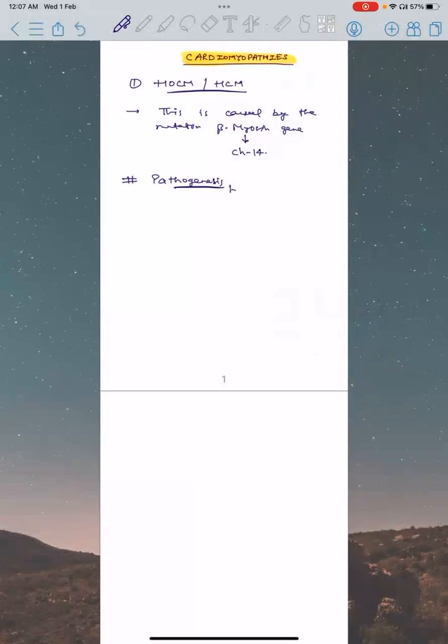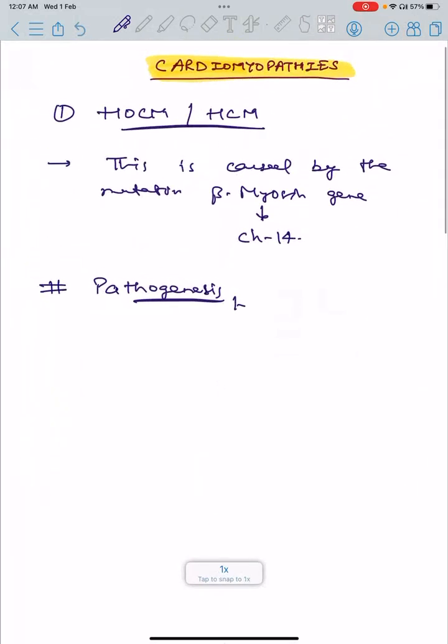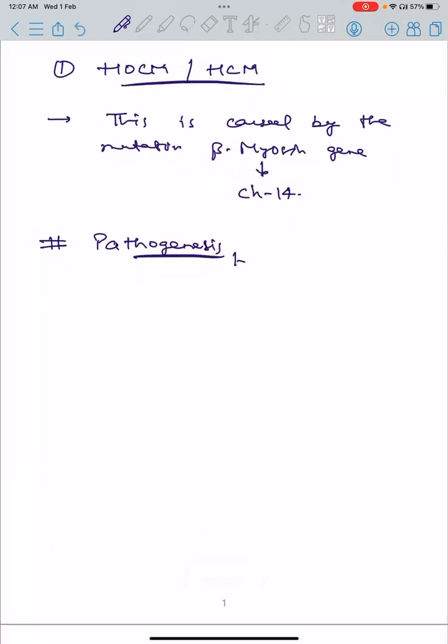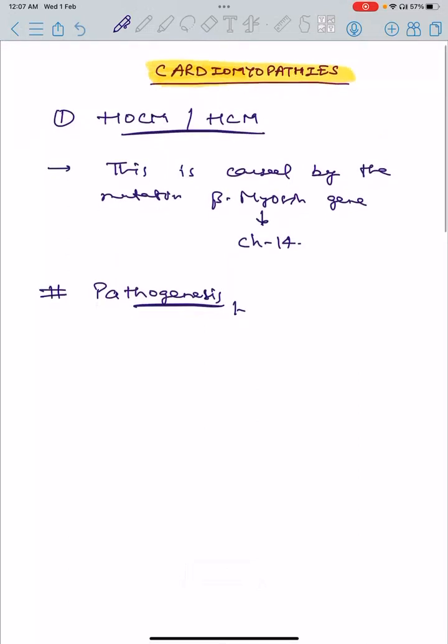Hello everyone. Today we are going to discuss cardiomyopathies. These are disorders which cause functional or physical changes in the heart. There are restrictive diseases which hamper the function of the heart. First of all, let's discuss